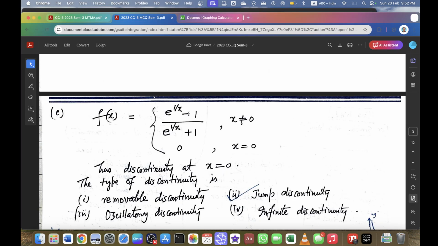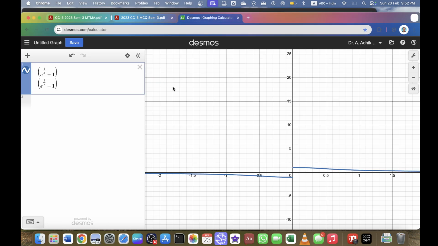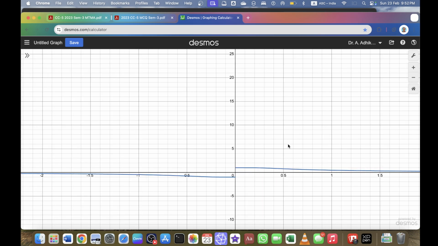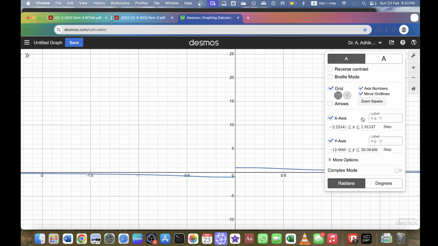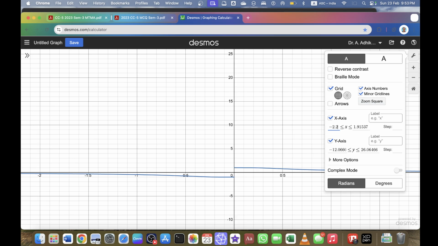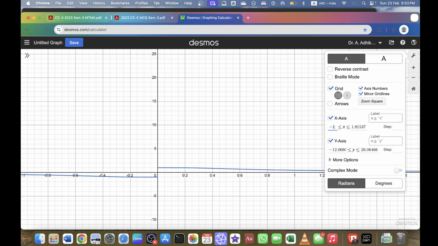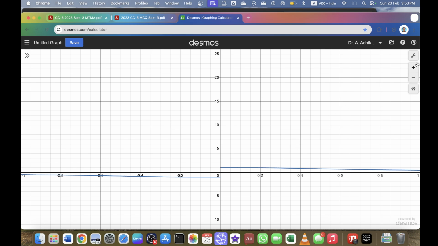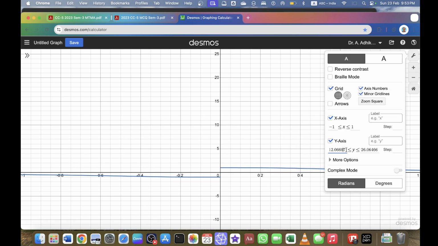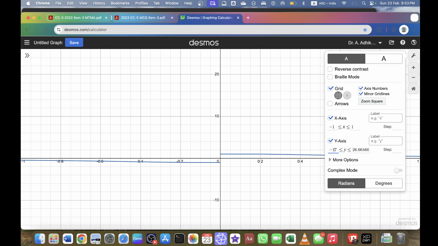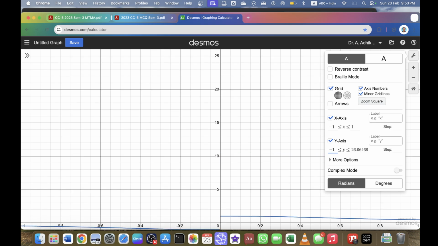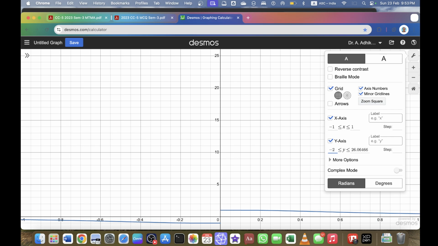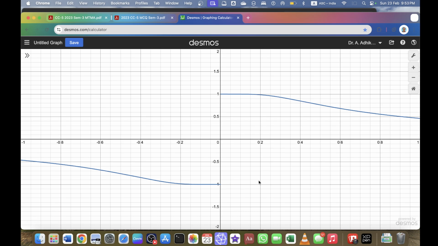e to the power 1 by x minus 1, e to the power x plus 1. So we get this is the function. We set the x axis limit from x equals to 1, and the y axis limit to 2. So this is the graph